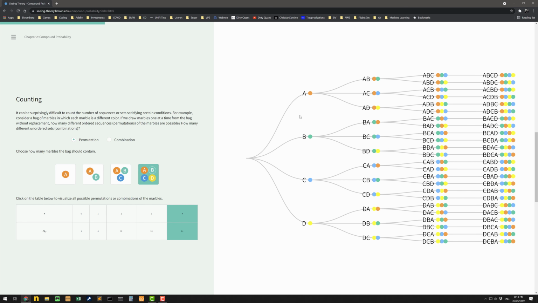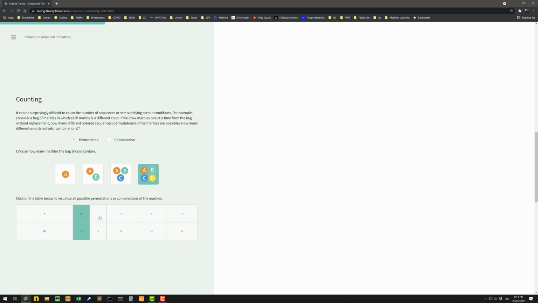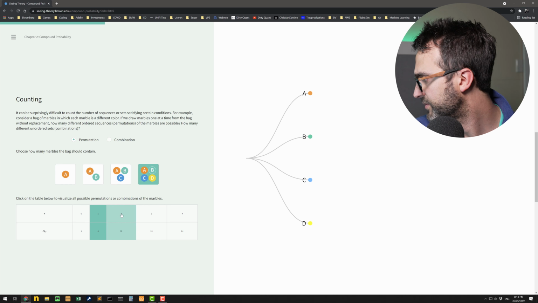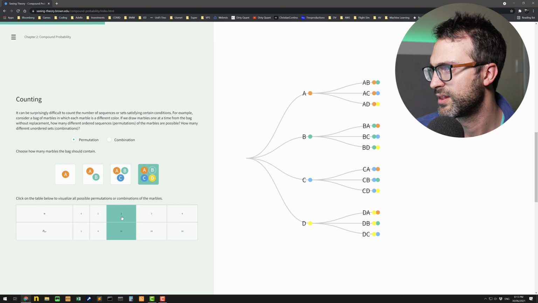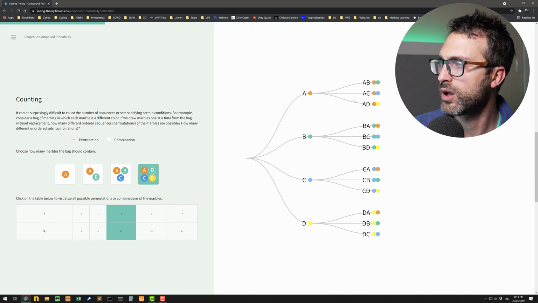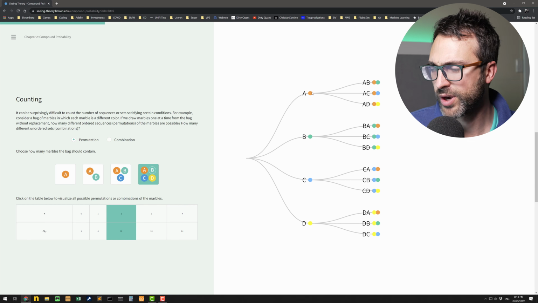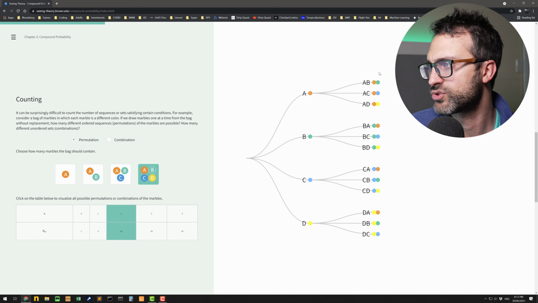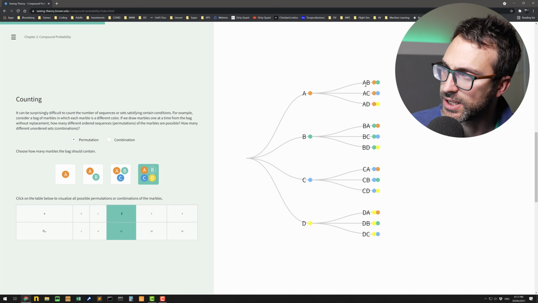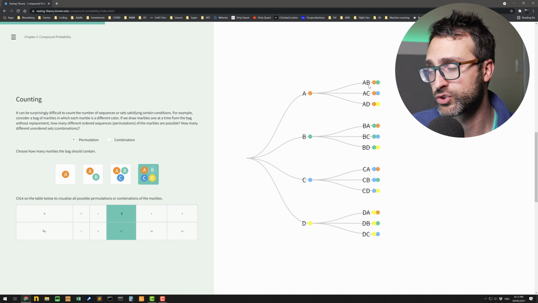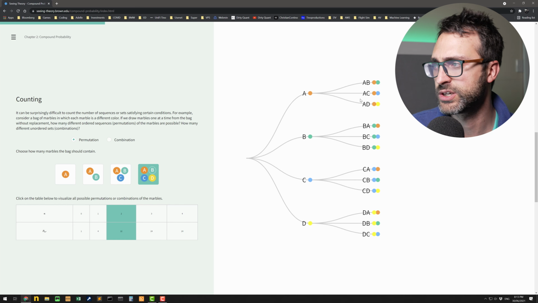So if you've got 4 marbles, we could start with an A. How does this work? So first step, I can have 4 permutations. I can pick A, B, C, or D. Second step, I can have 12, because it's saying, look, I can pick A from the bag. Right, I've got A, B, C, and D. What are my other possible steps? Let's just focus on this top one. You could potentially pick B, so your sequence would be AB. You could pick C, so your sequence would be AC.